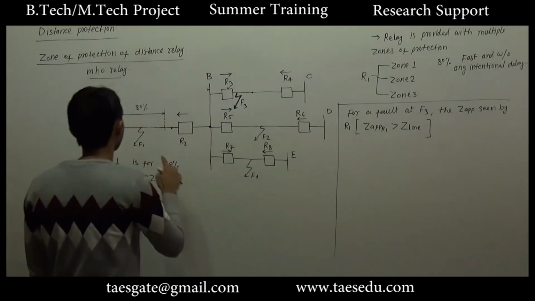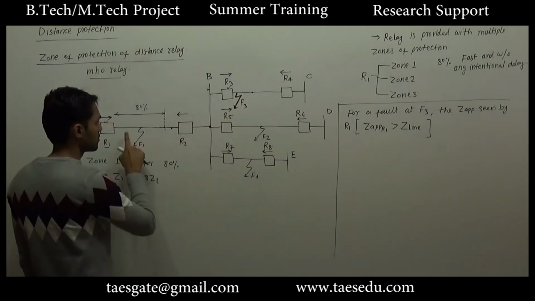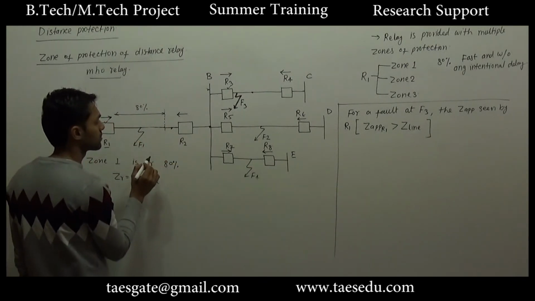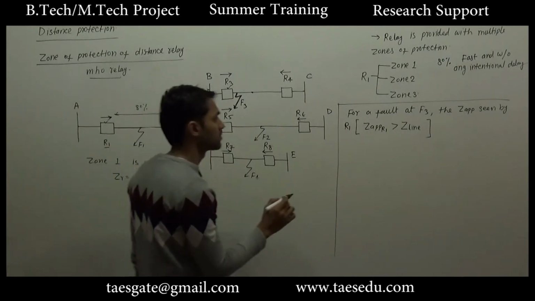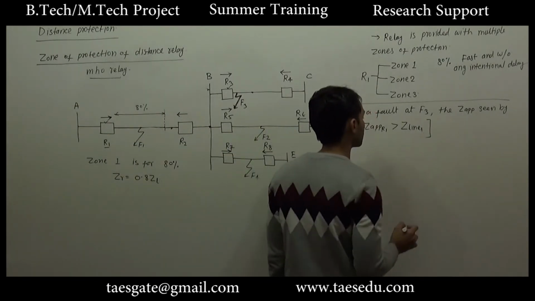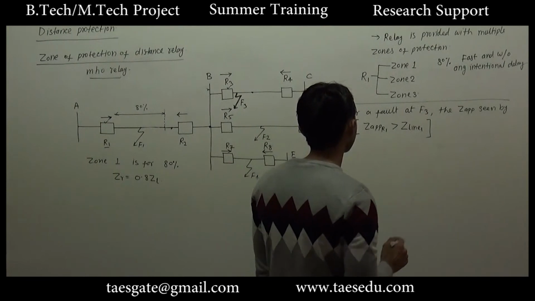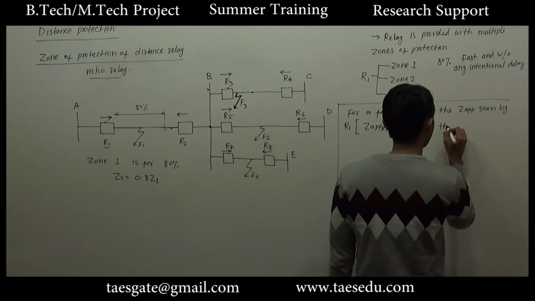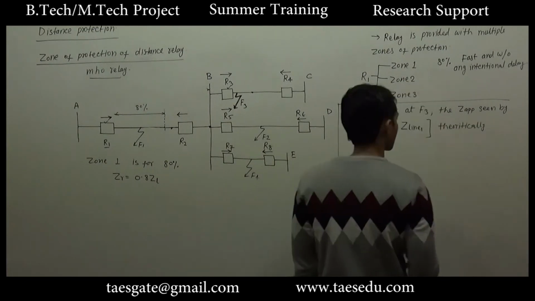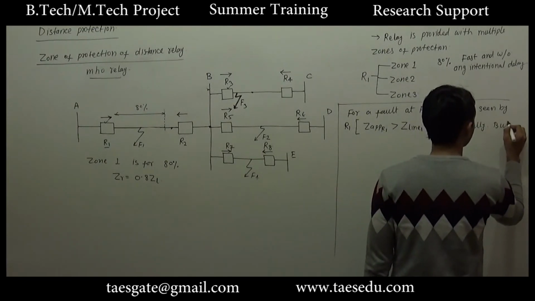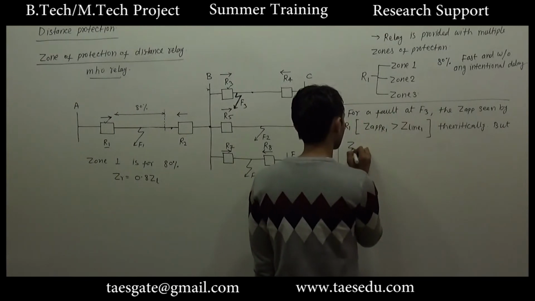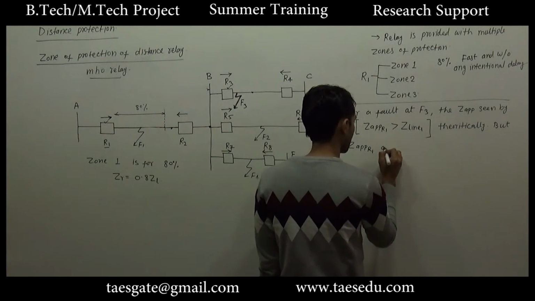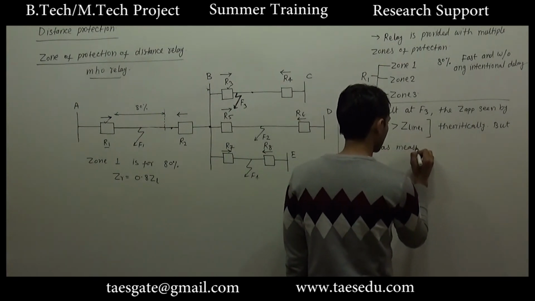Because fault is here, so this whole impedance will be included. Let's say this is line 1. This must be greater than Z line theoretically, but Z apparent R1 as measured by relay